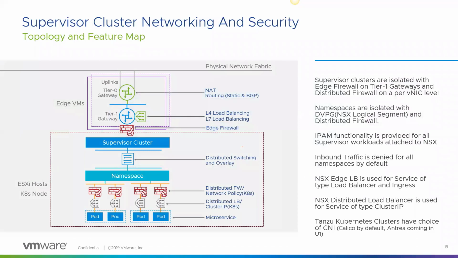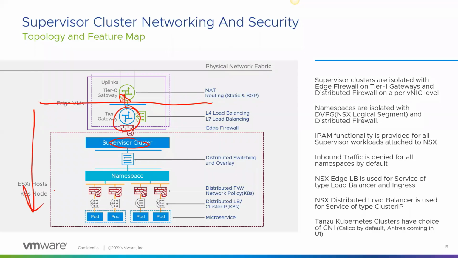What do we have? Well, every time you deploy a supervisor cluster, automatically behind the scenes, a T1 gateway is going to get created. That T1 gateway gets created, it plumbs the routing to your T0. So note the T0 has to already be there. As the NSX admin, you would have deployed your T0 and done your BGP pairing. That needs to be done, right? Deployment of a supervisor cluster does not take care of that for you. The deployment of a supervisor cluster takes care of everything from here down.